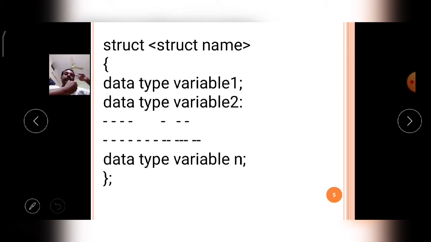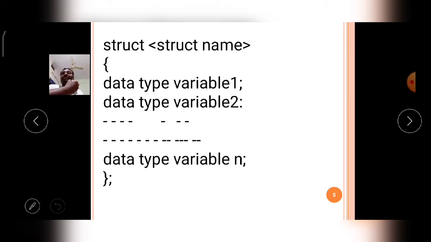The structure is a user defined data type. The user defined data types are designed by the programmer himself according to his requirement. Like user defined functions in the C language, which are built by the user, that means the programmer, according to his program requirements.